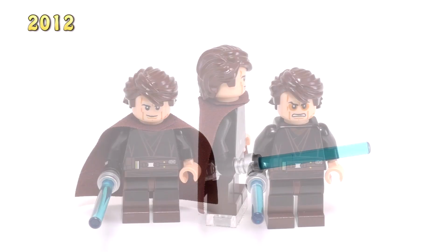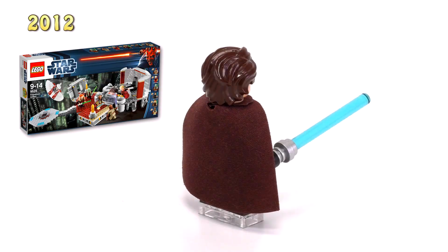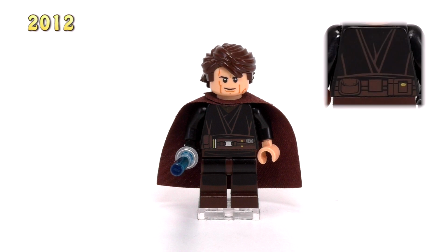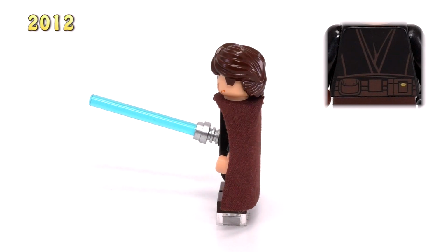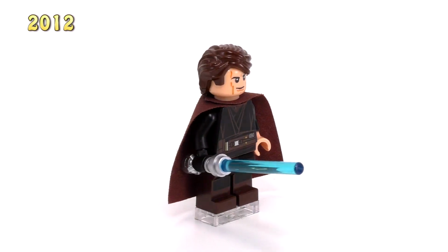favorites. This first guy here is from Palpatine's Arrest, set number 9526, and the detailing for this year is some of the best. The robes are now printed onto the legs, which is good, but the printing design for the front and back of the torso piece just looks better than the rest. He also comes with a cape, and his hairpiece is slightly darker, but I also really like his updated face